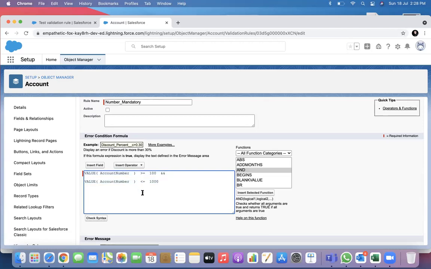Now, please remember this: what you are allowing is this formula. A validation rule you are writing not for allowing, you are writing it for blocking. So what will you block? I will block anything greater than 1000.